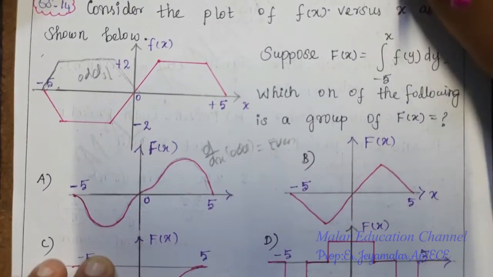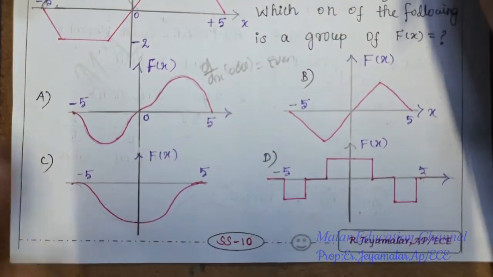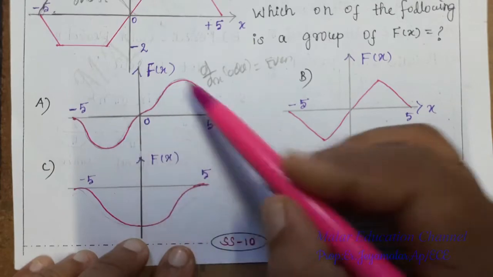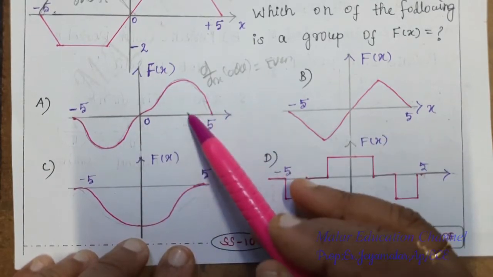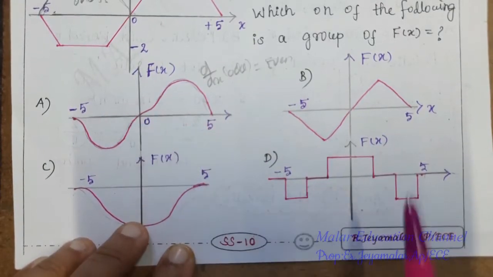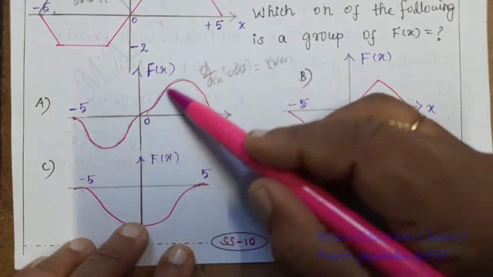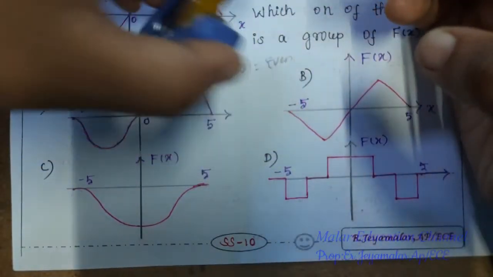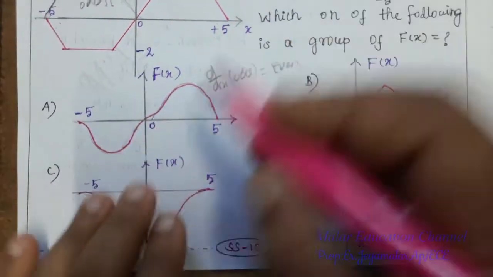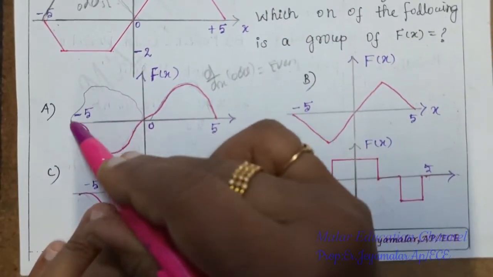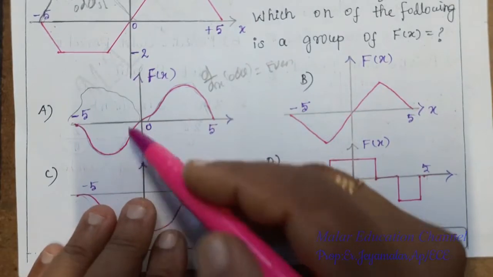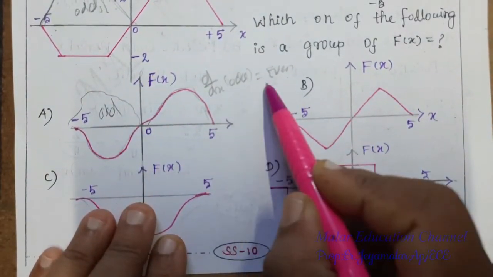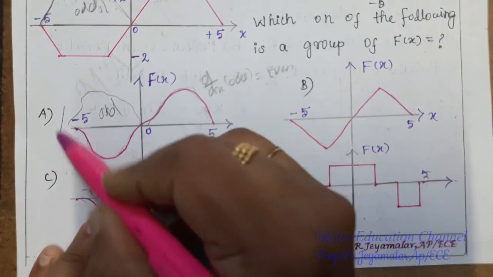Here also the same procedure: you have to fold the given waveform. In the same manner you check the answers one by one. This is the first option. Just fold the waveform like this. Folding means the waveform looks like this. Both are mismatched, so this is odd. We know differentiation of an odd signal equals an even signal, hence the first option is wrong.